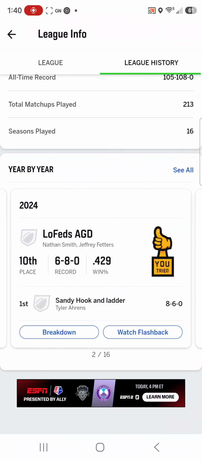Slide them side to side. Oh my God, Sandy Hook and Ladder. Holy smokes. That's terrible. But it shows you all this. So, as you can see,